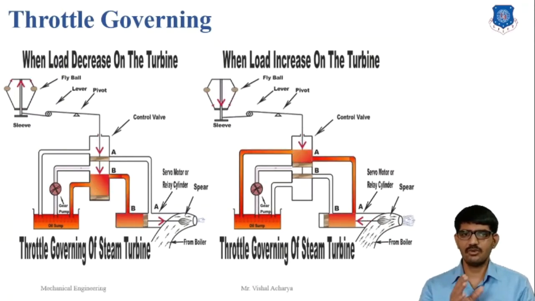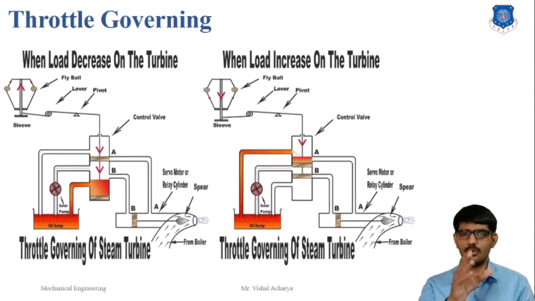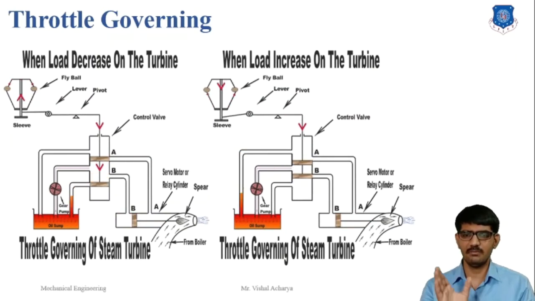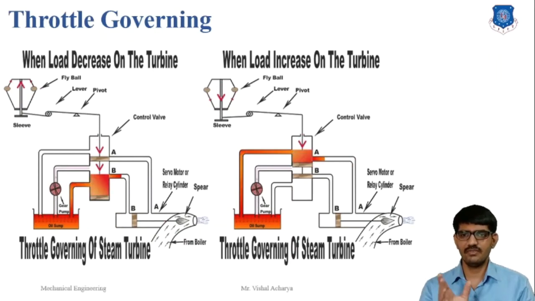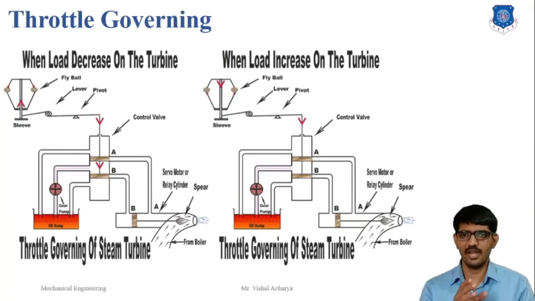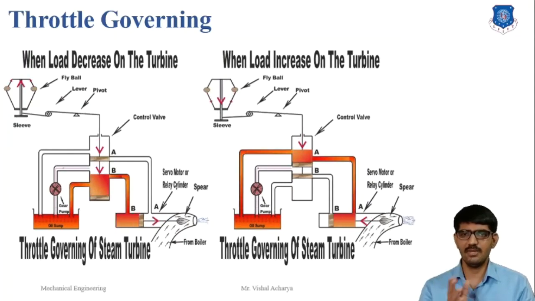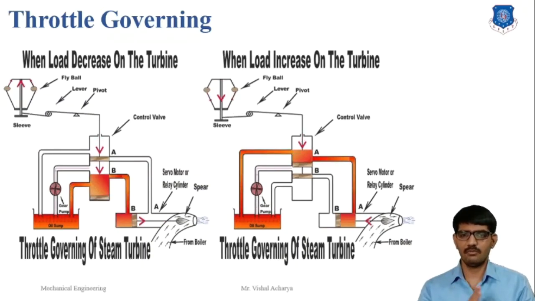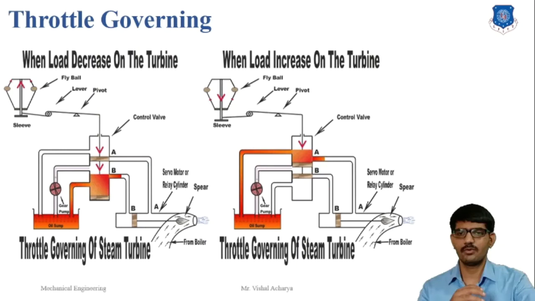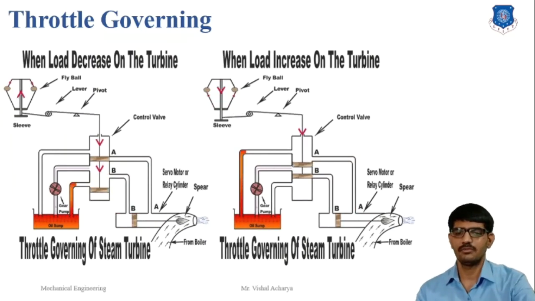So the raised control valve rod will be open to the mouth of pipe A, but pipe B is still closed. Now the oil pressure is coming from pipe A. Thus oil will rush from the control valve, which will move the piston to the right side. As a result, the steam flow rate into the turbine increases, which will bring the speed of the turbine to the normal range. When the speed of the turbine comes to its normal range, the fly ball will come into the normal position. Now the sleeve and control valve rod will be back at their normal position.